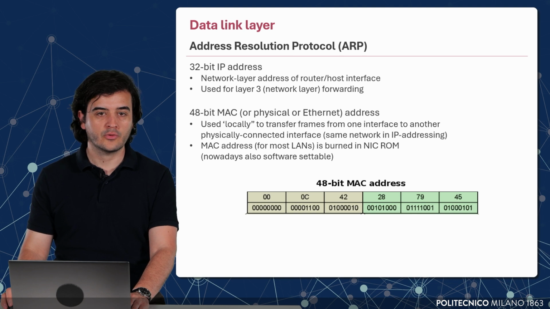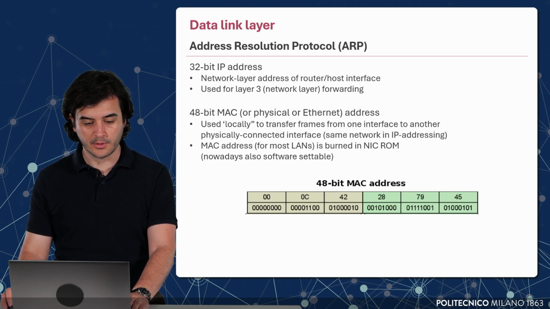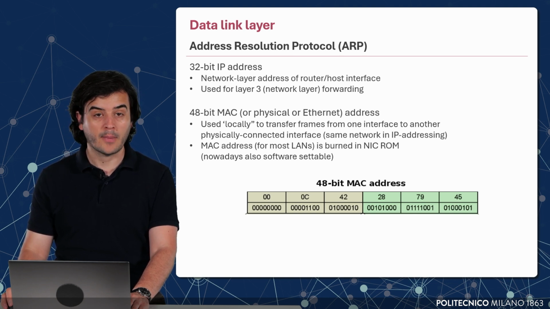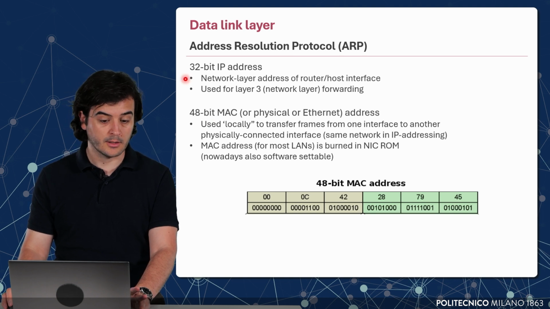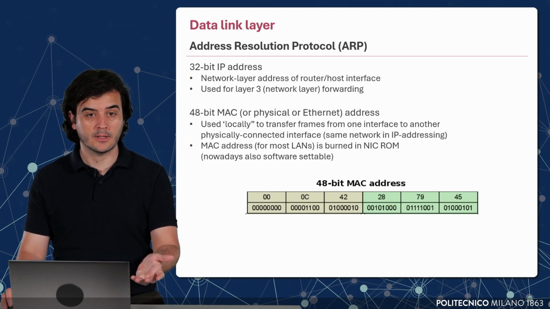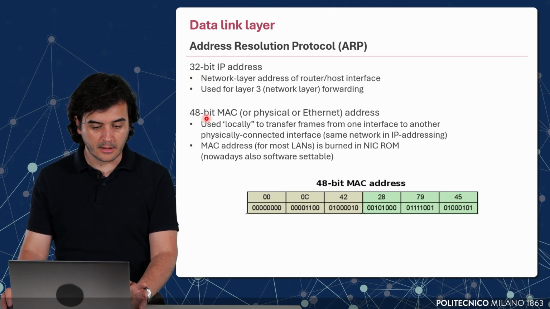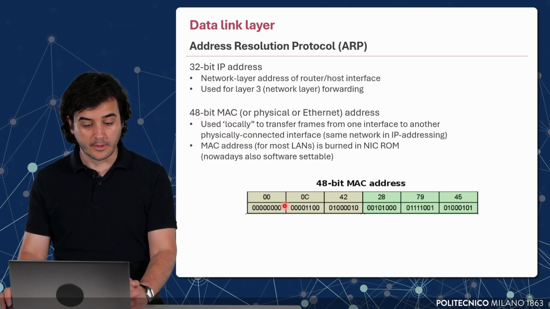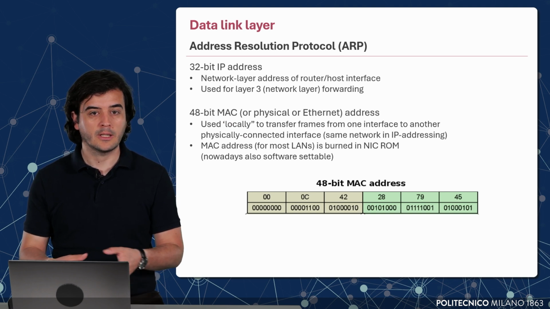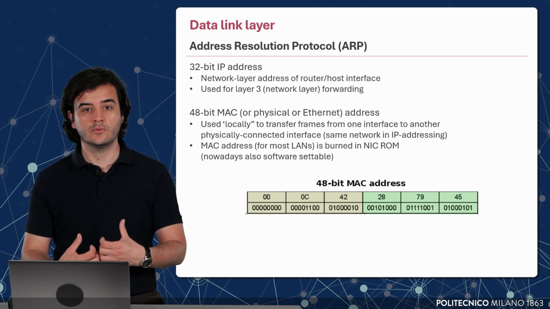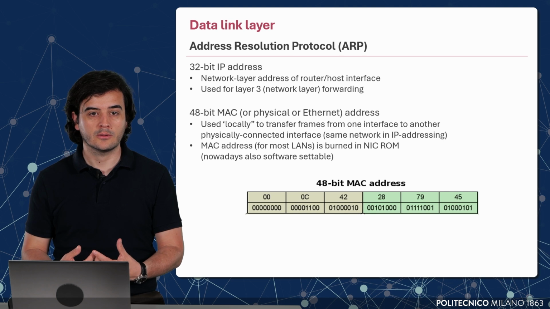What the address resolution protocol does is basically mapping the IP addresses to the MAC addresses. Since a host has the IP address assigned to the network layer and the 48-bit MAC address, which we have defined previously, there is a need for a protocol which maps these two